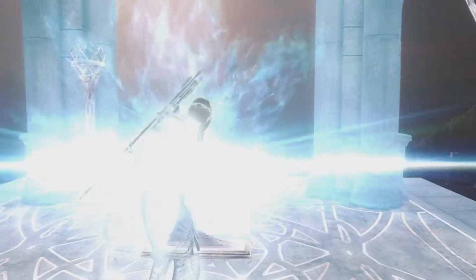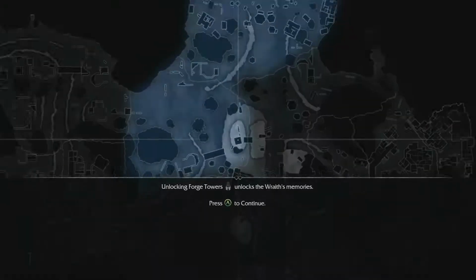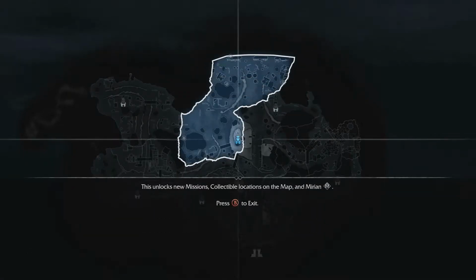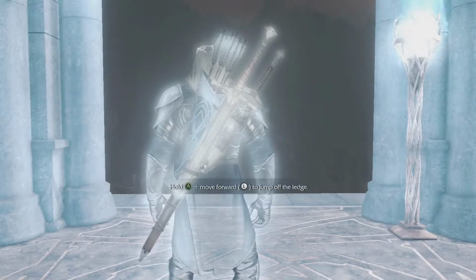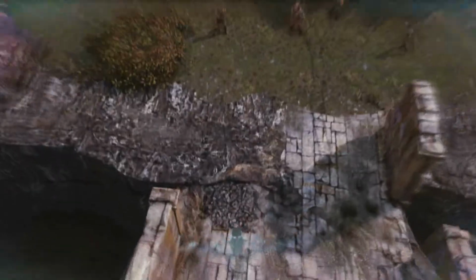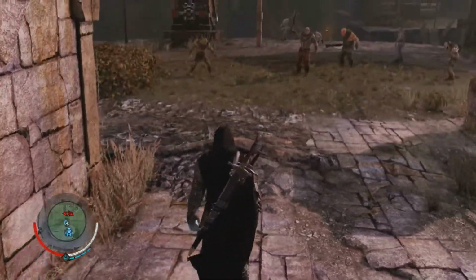So yeah, these are the Forge Towers. So basically when you find one, you get on top of it and you hit RB and it'll unlock it. And like it says, it unlocks new missions, collectibles, locations on the map. So we've unlocked, there's multiple ones for each area. So right now we're in Udun, so we're going to be doing all the...